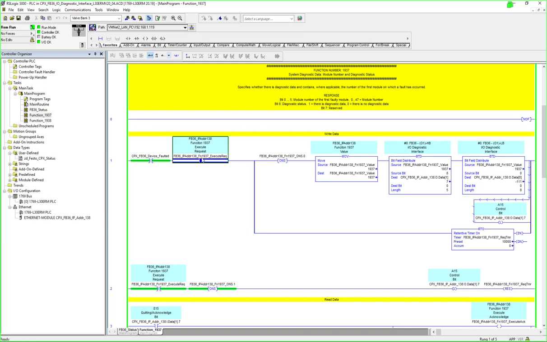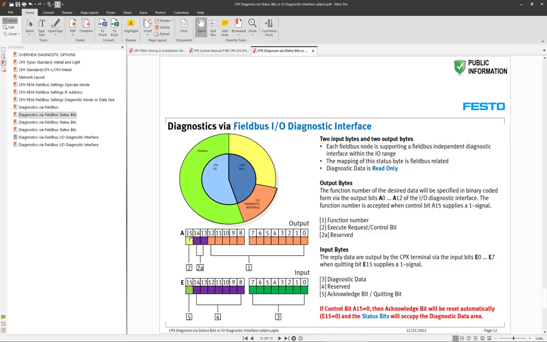So the idea here is that I do an execute request. That's just a programming bit. I make sure that I have a connection, of course, to this right here, and when this is all done, then I'm going to turn the control bit on. Okay, the 1.7 is me turning on this bit right here, because it's array number 1, which is the second byte, and I'm turning on the last bit. Okay,